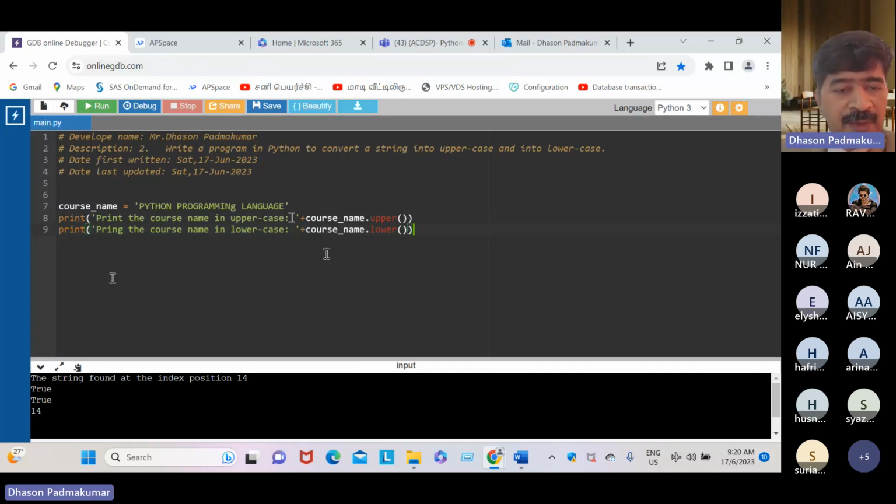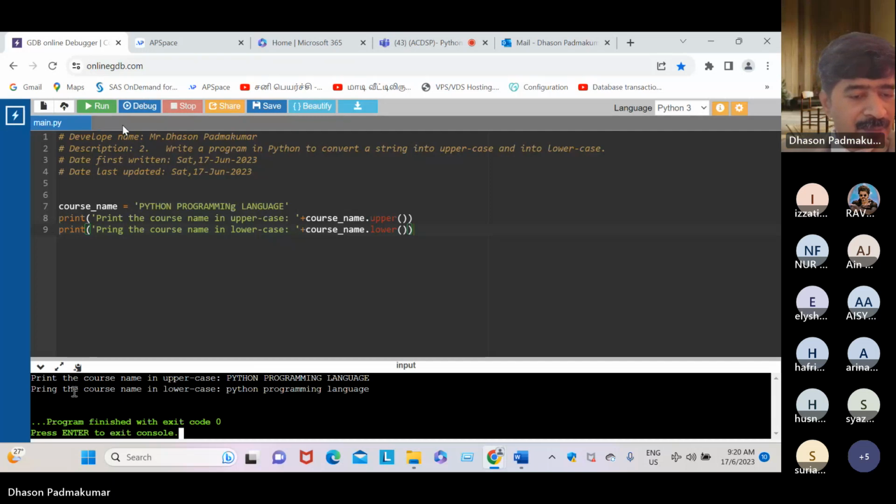We leave a single space here. See, we purposefully leave a single space here before we print the course name. So print the course name in uppercase, print the course name in lowercase. Okay, dear student, and we just ran the program to see how it works. Nice. When you attend an interview or an exam, you may encounter very simple questions, dear student. Don't expect very challenging ones. It's not a coding competition. It's just a coding evaluation session, right?